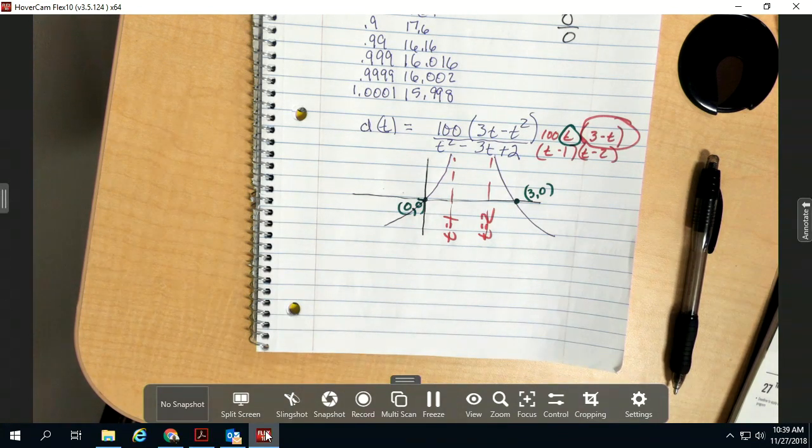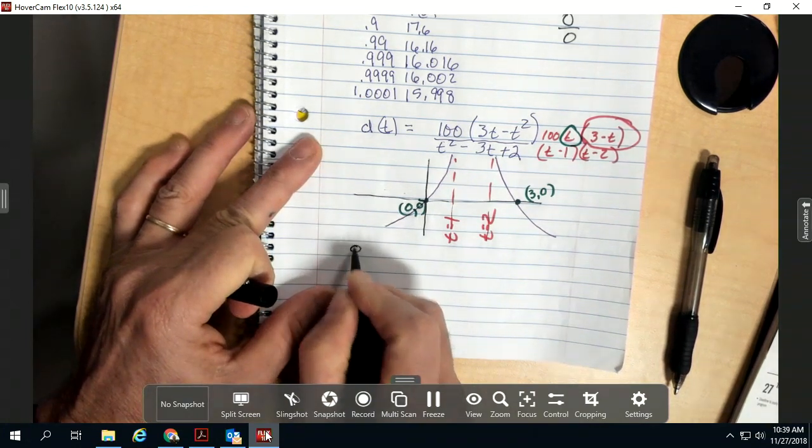So in other words, as I get closer and closer to 1 second, my shadow is moving faster and faster until it goes to an infinite speed. As I get farther and farther away from 2 seconds, my shadow keeps on slowing down until it is going backwards. Well, what's happening is, remember,